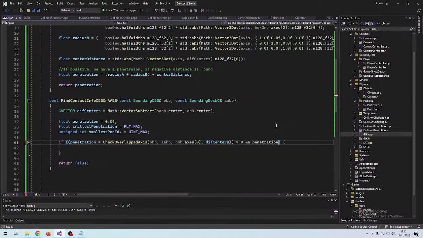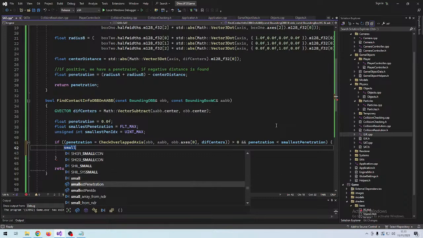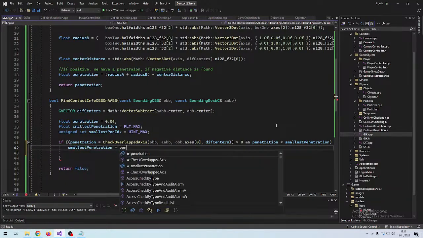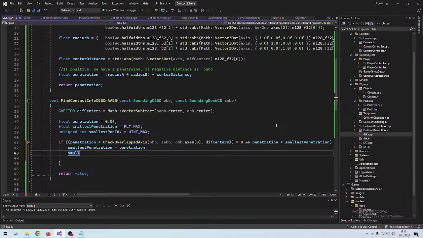And if penetration is lower than the smallest penetration, we simply do an update, where the smallest penetration gets set to the penetration, and the smallest penetration index